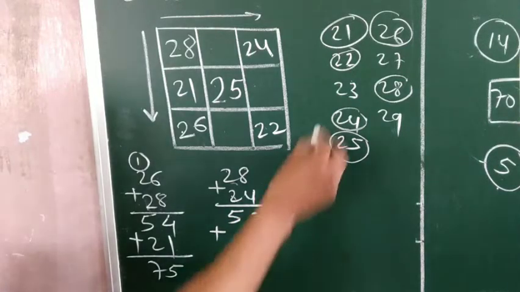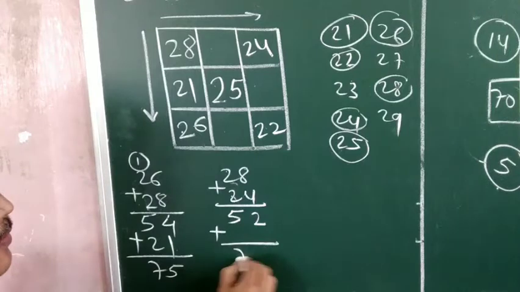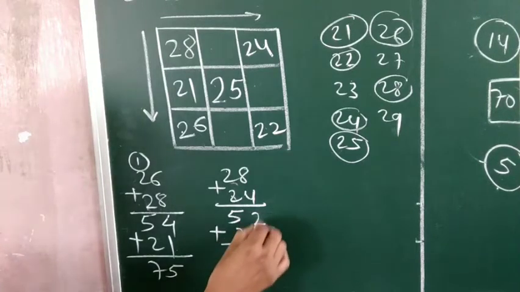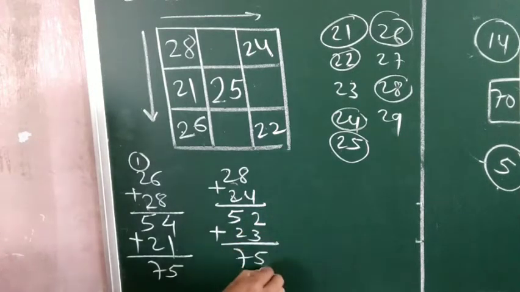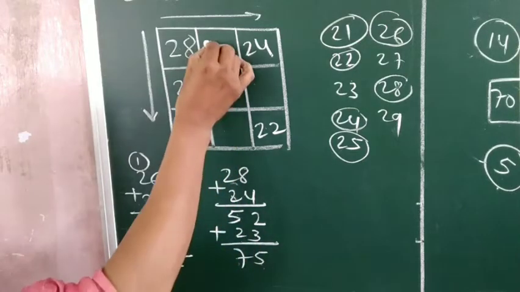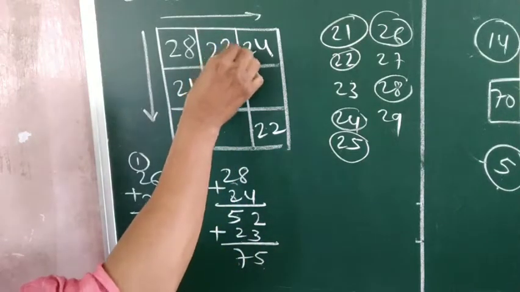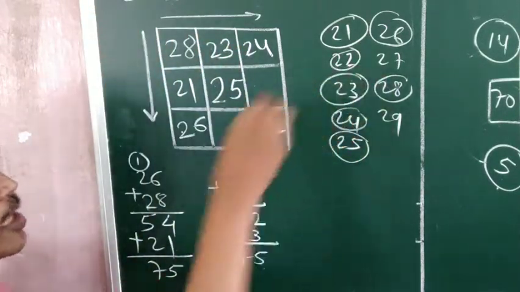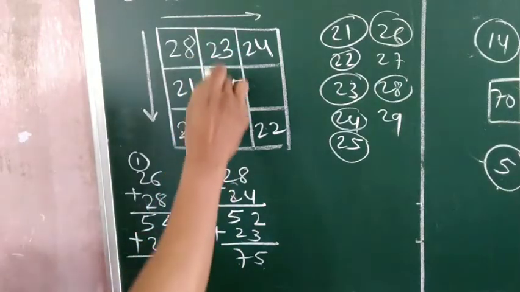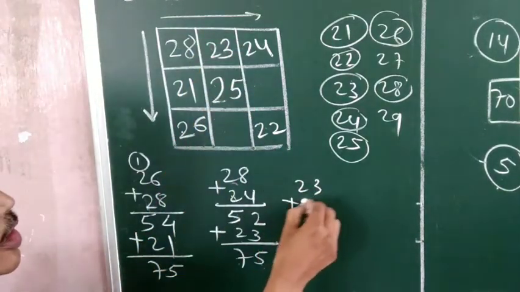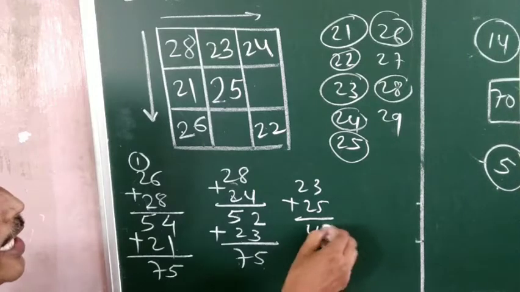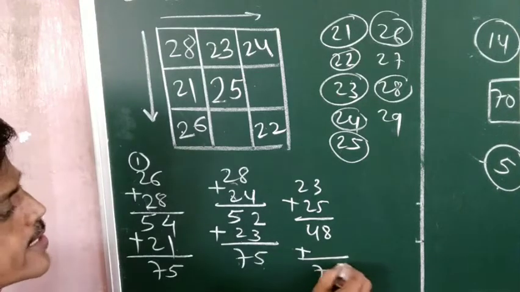Now what number we have to write here? Remaining we will try. देखिए 75. We will try with 23. 3, 2 plus 3, 5, or 5 plus 2, 7. It will be 23. Yes, 23 भी यूज किया बेटा अभी. Now next 23 plus 25. चलिए, it is 48.